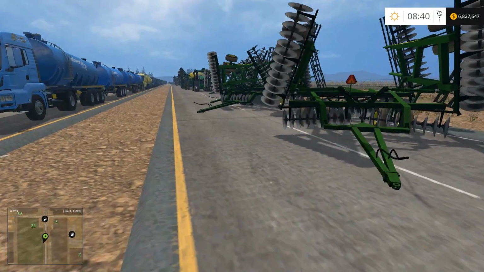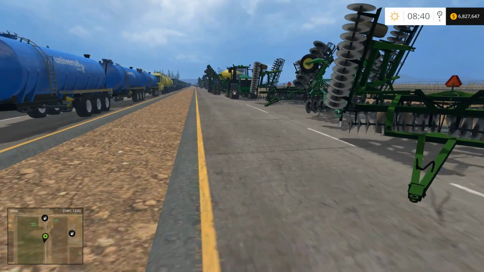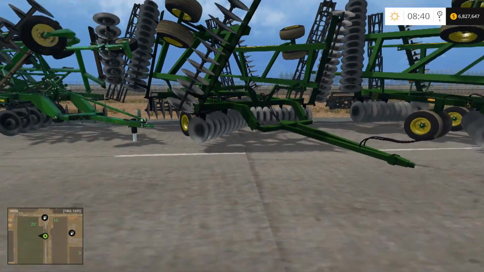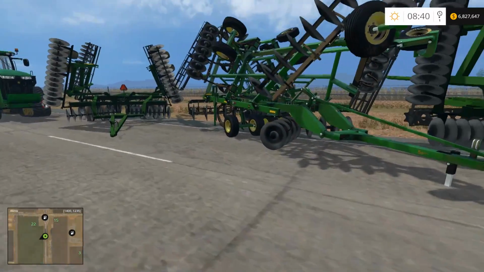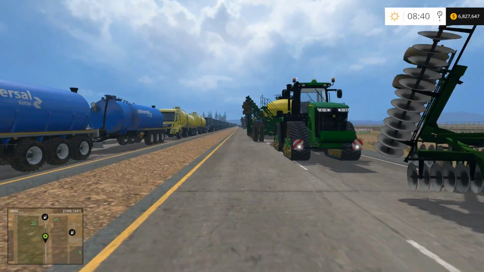Maybe we could just quick buy something too, and we'll see what's over at the farm yet. Looks like just a couple small odds and ends. Looks like 4 discs. This is a ripper, by the way, not a disc. Well, it's got discs on it too, but...